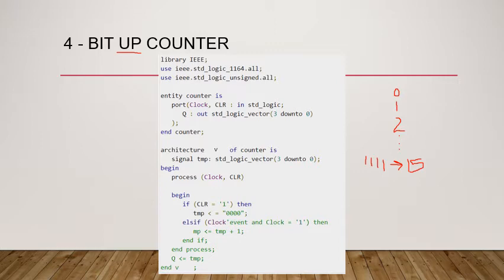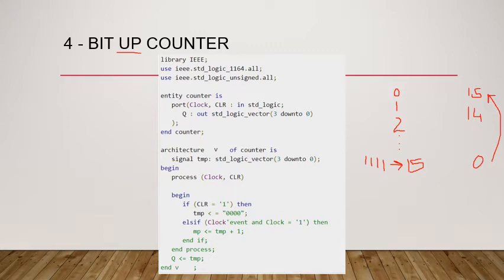What happens in a down counter? The count will initially begin from 15 and it will keep on decreasing. After 15, the next count would be 14, then 13 and so on, and finally it will go down to 0. And after 0, again, what count would be coming? 15. So basically, it is decreasing by a unit of 1. That's why it is called a down counter.